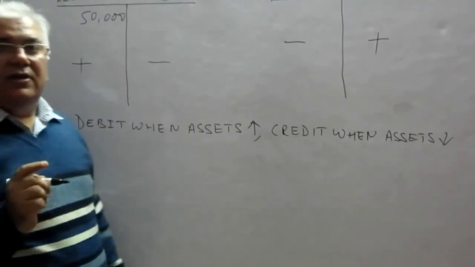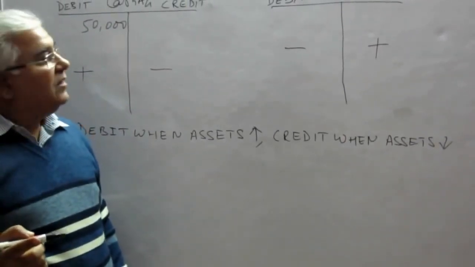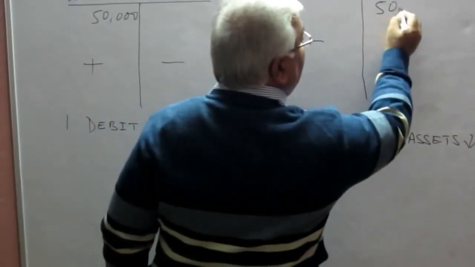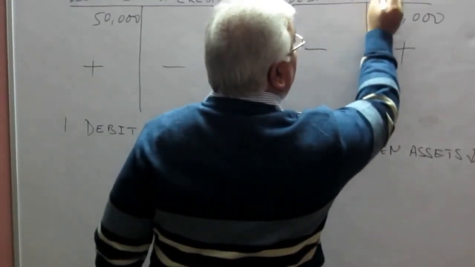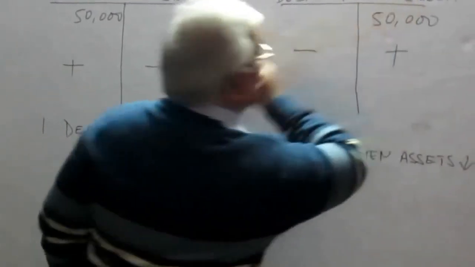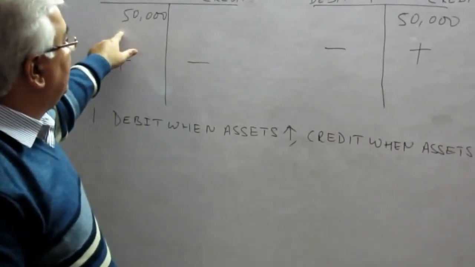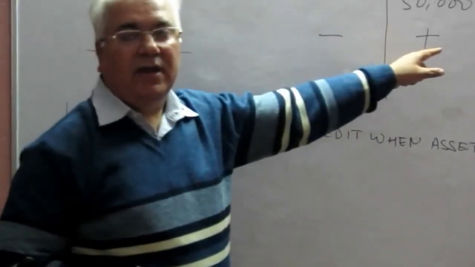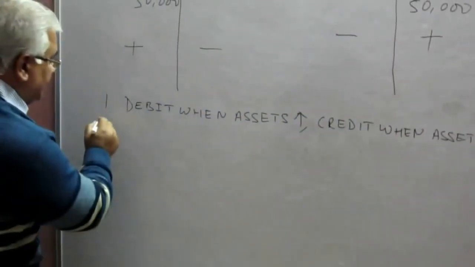And since the capital account is also to be increased by 50,000, this 50,000 will be put on the credit side of the capital account. In this way the accounting equation is maintained. In this case there is a debit of 50,000 in the cash account and the same amount is credited to the capital account. So the second rule is